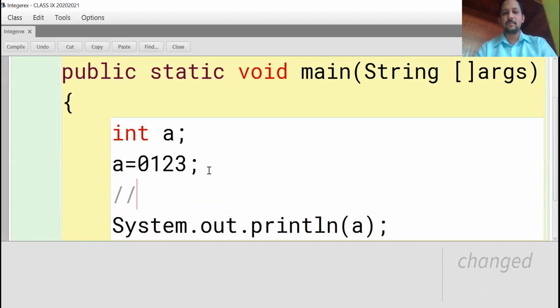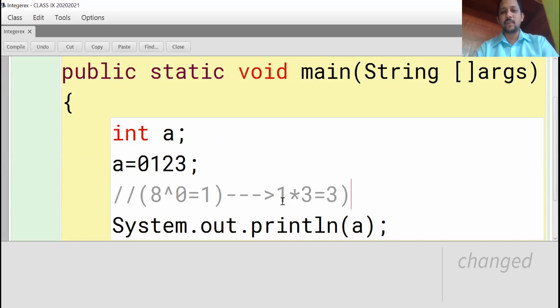See. First point is what? 8 power 0. Base is 8. That is equal to 1. So 1 into what you are getting here? 1 into 3 is equal to 3. This is the first step. You got 3 in the first step.